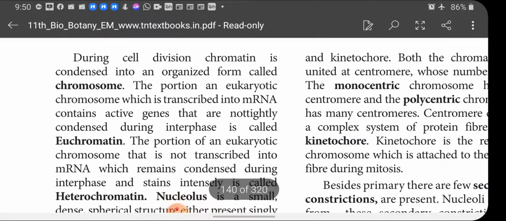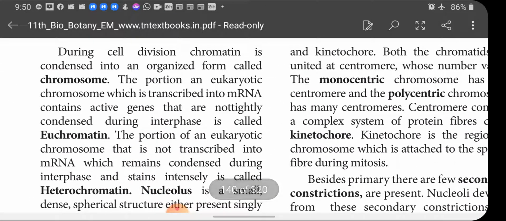Next, during cell division, chromatin is condensed into an organized form called chromosome. As I said, you know very well what is meant by cell division. That is one cell divided into two cells. So that is called what? Cell division. During cell division, chromatin, that is the network of uncoiled thread-like chromatin reticulum, is condensed to form an organized